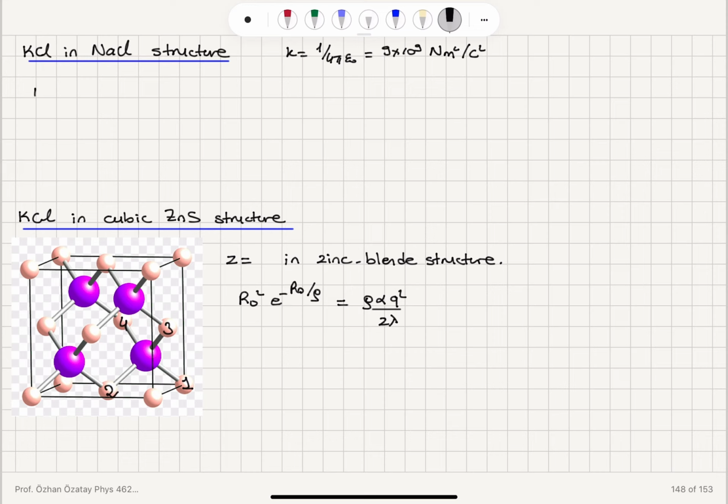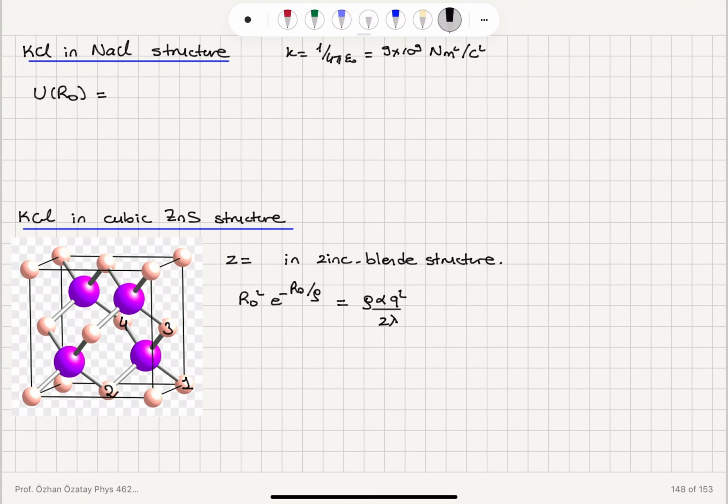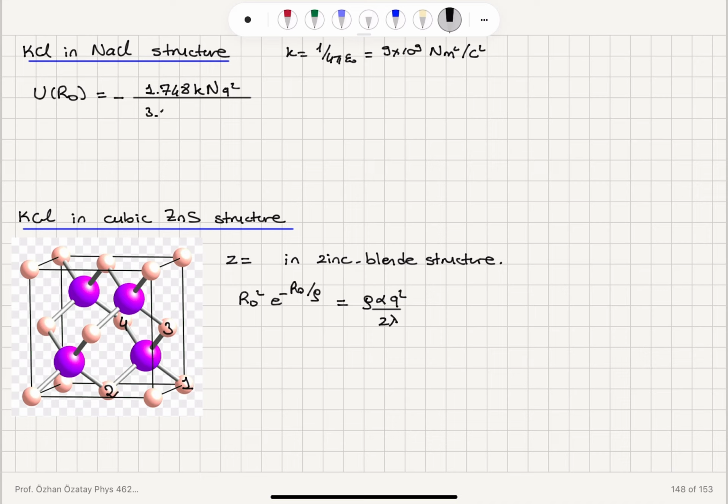So the cohesive energy U of R0 is going to be equal to minus alpha K N q squared, so we have 1.748 K capital N q squared divided by R0, 3.147 angstroms, that is 3.147 times 10 to minus 10 meters, and then we have 1 minus